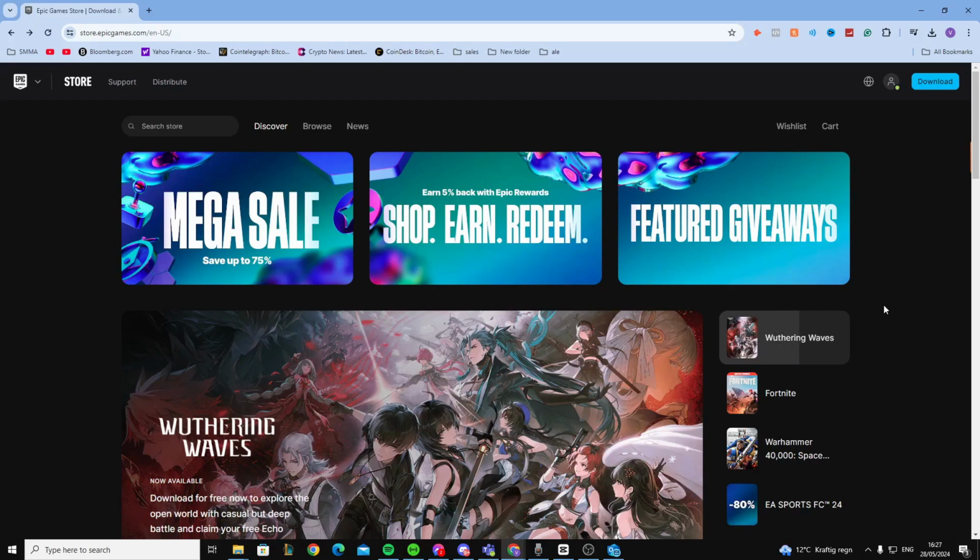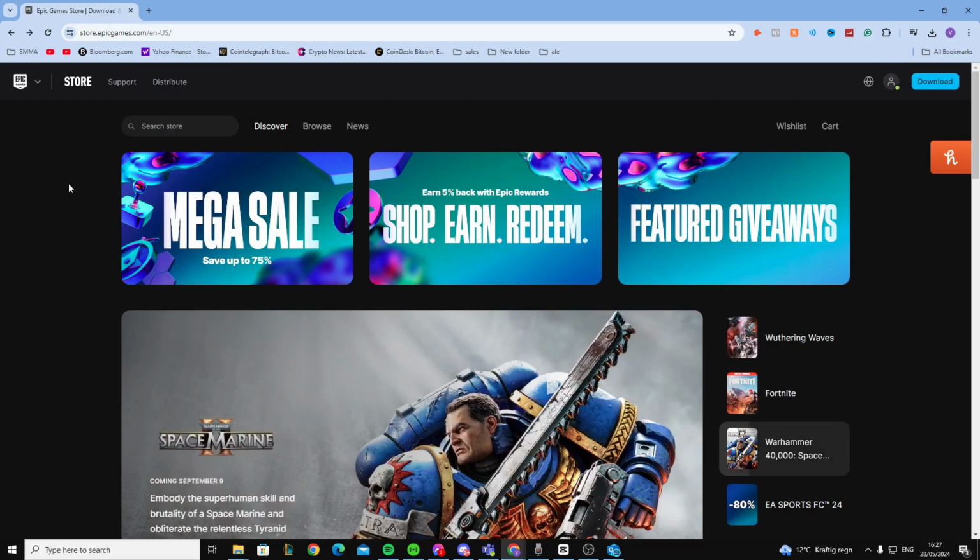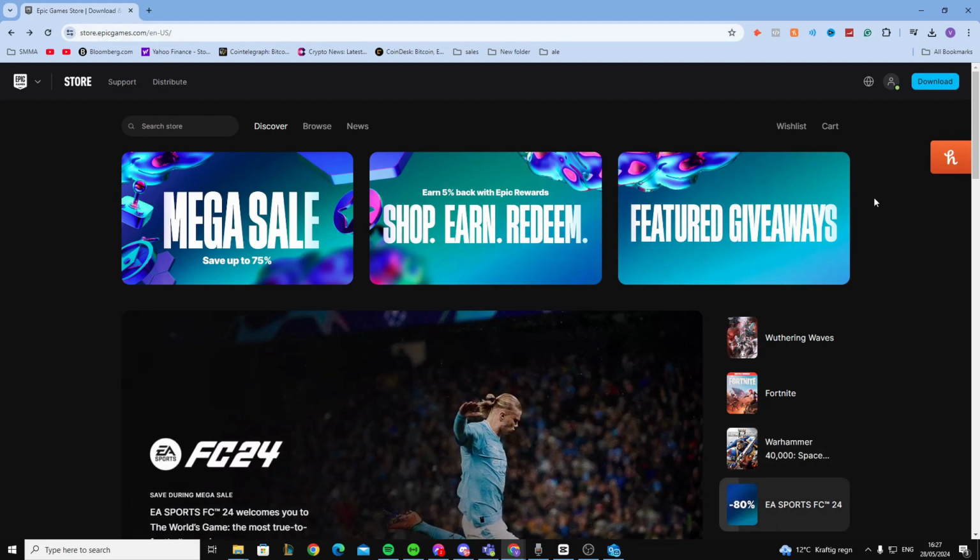In this video, I'll show you how you can enable the two-factor authentication in Fortnite. Now, first step is we need to go to store.epicgames.com. This is where we can check our account settings and everything. Now, this is the official page that you want to go to, and once you're on here, you should see